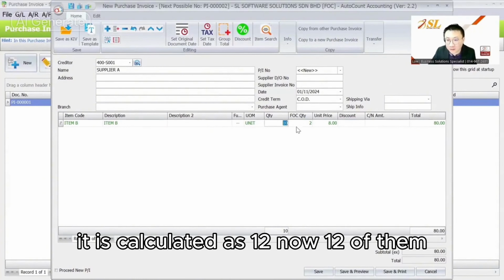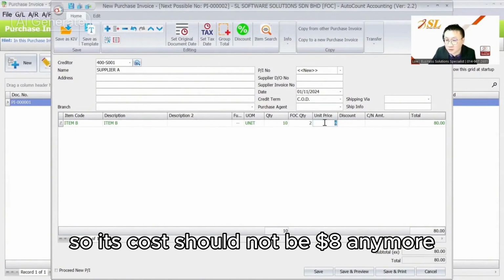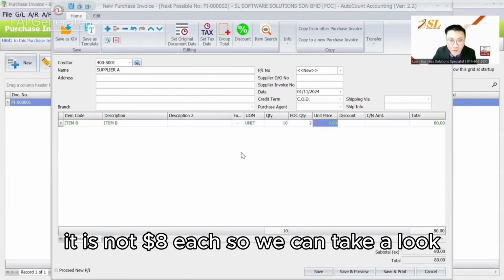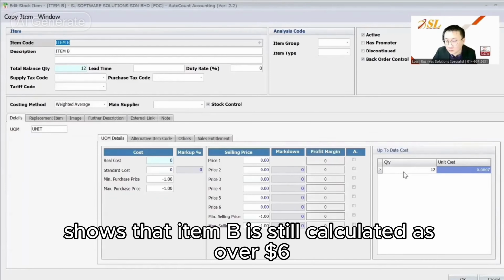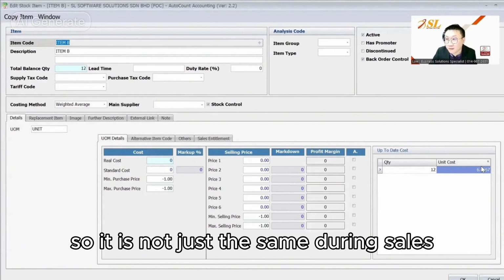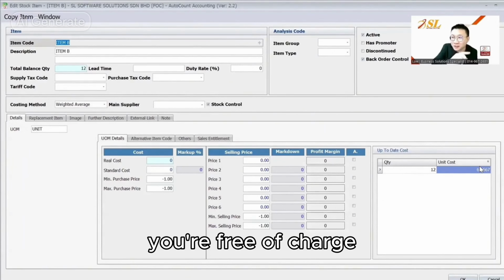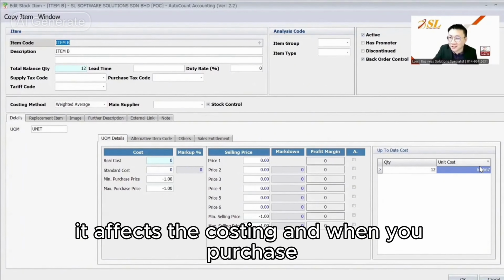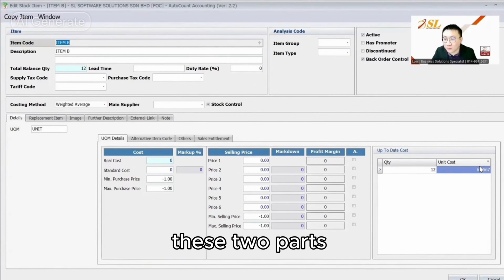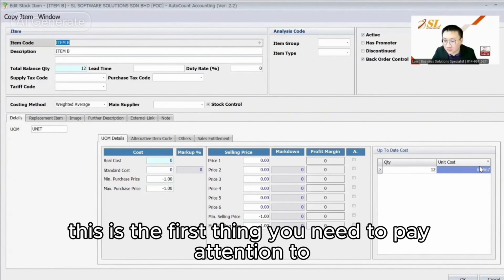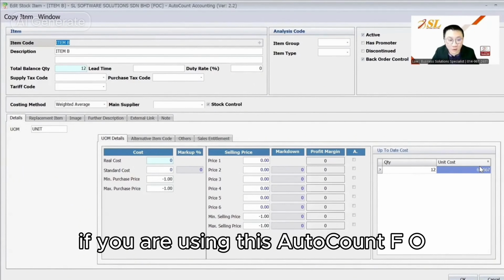However, it is calculated as 12 now, 12 of them, so its cost should not be $8 anymore. It is not $8 each. So we can take a look. You see the report item there shows that item B is still calculated as over $6, so it is not just the same. During sales, you're free of charge, it affects the costing, and when you purchase, it also affects the purchasing costing, these two parts. This is the first thing you need to pay attention to if you are using this AutoCount FOC Quantity